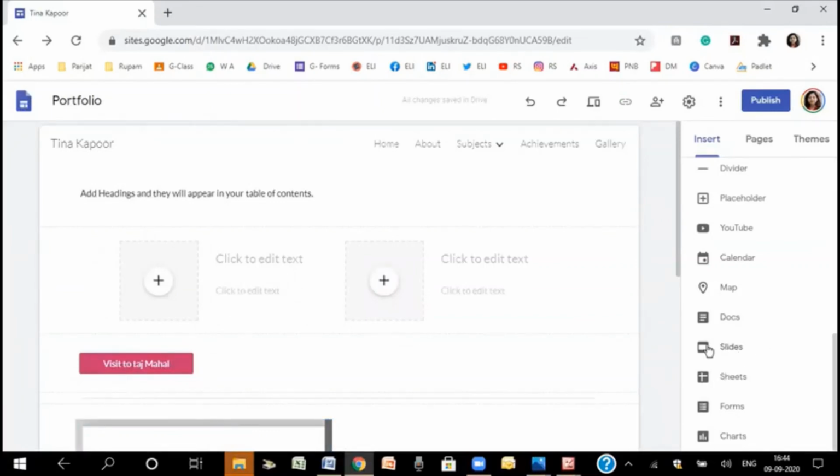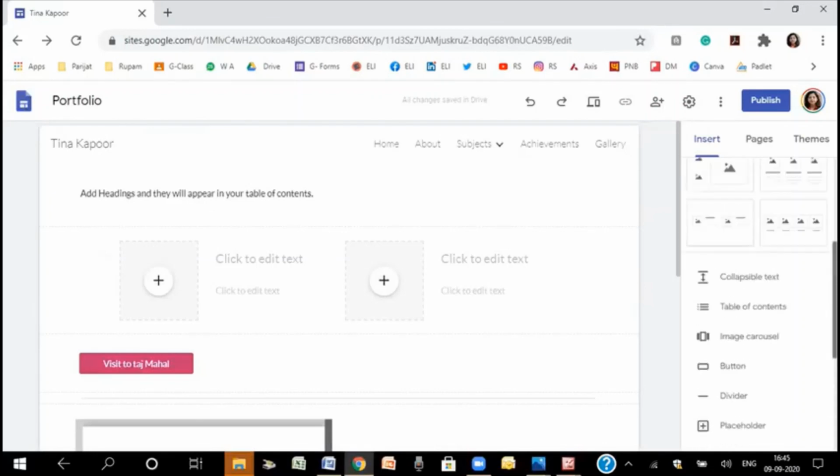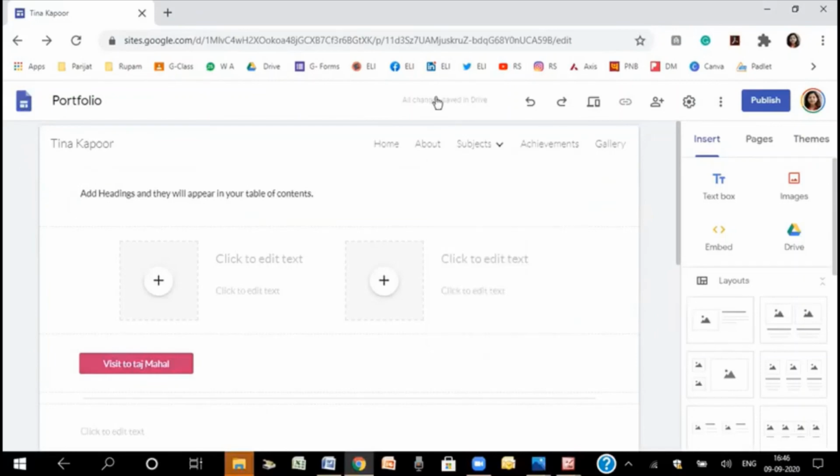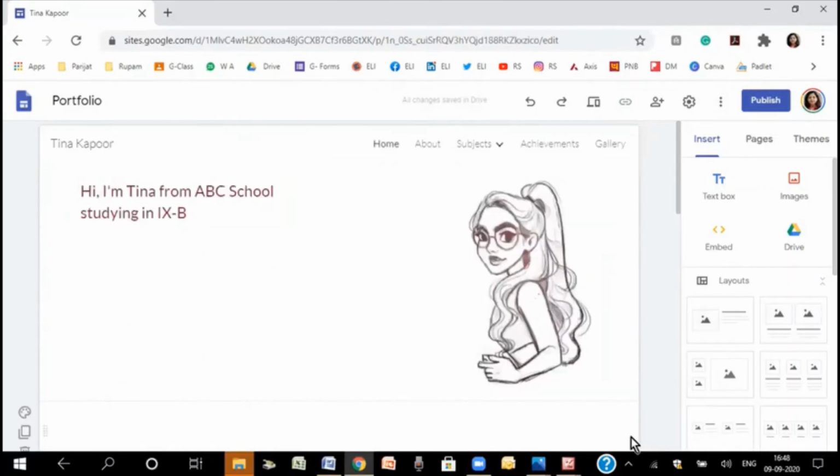You have your presentation, so the slides can be put up here. You have Google Forms. You have done some kind of a survey, so there are these sheets, Google Sheets or Google Forms. You can integrate any of these materials into your portfolio. You can see that all the data over here is automatically getting saved as you are working on it, but people will be able to see it only once you publish it. So this is how the student's portfolio will look.